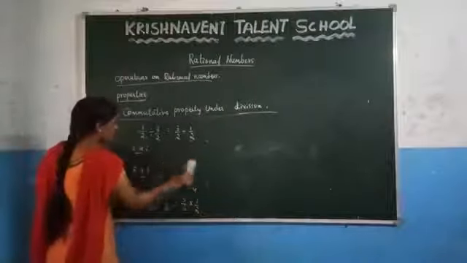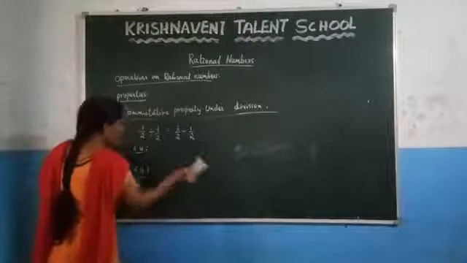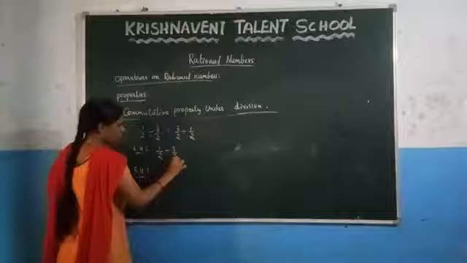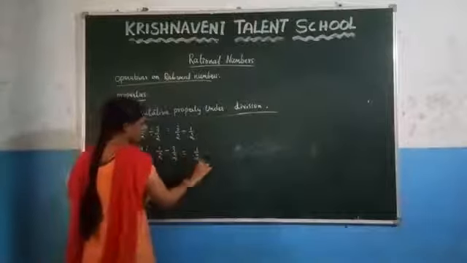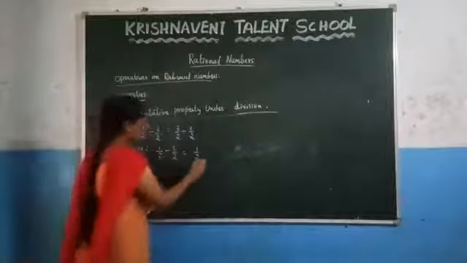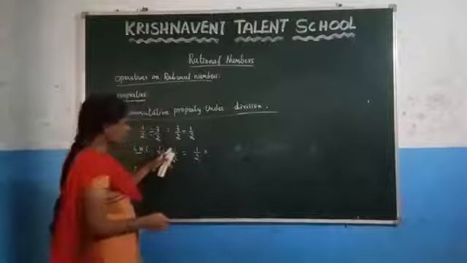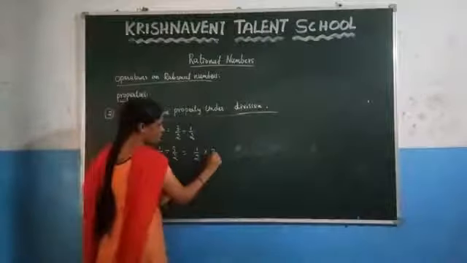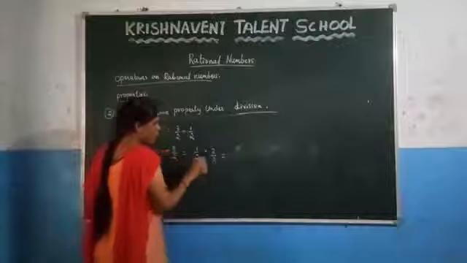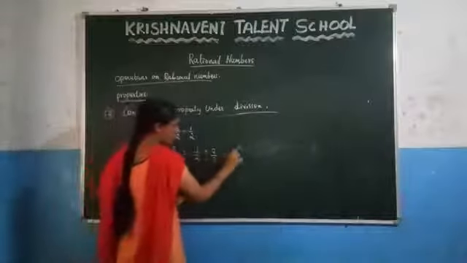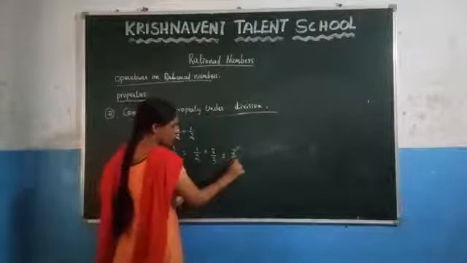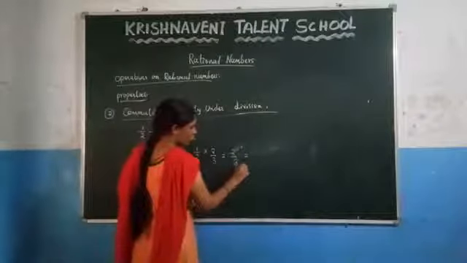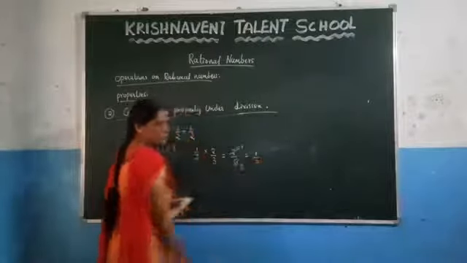Consider LHS and the RHS part. What is the value of LHS here? 1 by 2 divided by 3 by 2. Here 1 by 2. In case of division, if you keep multiplication, you have to change this value. You have to write 3 by 2 as 2 by 3. So after solving, what you are getting here? 1 into 2, which is 2. 2 into 3, which is 6. And after solving, what you are getting here? 2 ones, 2 threes. You are getting 1 by 3.